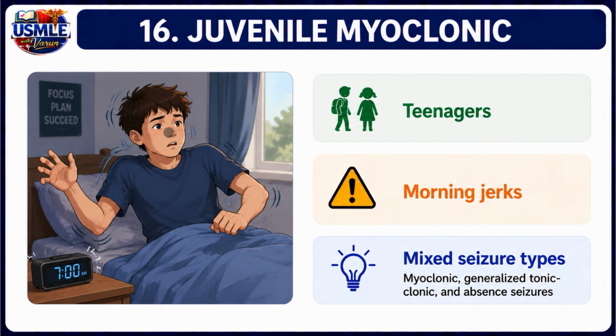Juvenile myoclonic epilepsy syndrome usually begins during adolescence. The hallmark finding is sudden bilateral arm jerks occurring shortly after awakening. Patients may also experience absence seizures and generalized tonic-clonic seizures, making this a mixed seizure disorder. This is seen in teenagers, usually characterized by morning jerks, and there are mixed seizure types like myoclonic, generalized tonic-clonic,